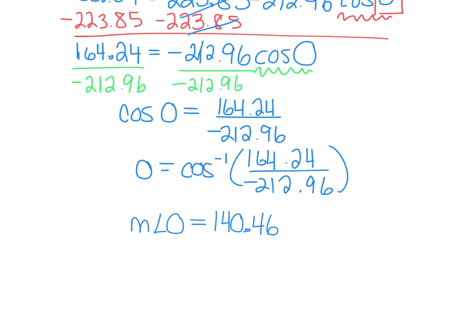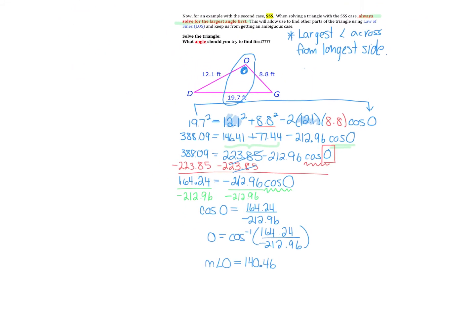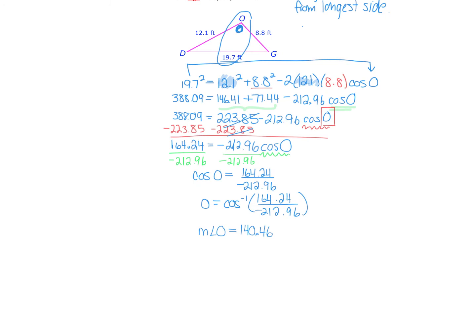All right, so we are solving the triangle. So that means I still have to find the other two angles. I only found angle O so far. So I still have to find angle D, and I have to find the measure of angle G. If you're thinking, oh gosh, we have to do that 2 more times, the answer is thankfully no. When you are missing the 3 angles of a triangle, the most times you have to use the law of cosines is once. You only have to do it 1 time,